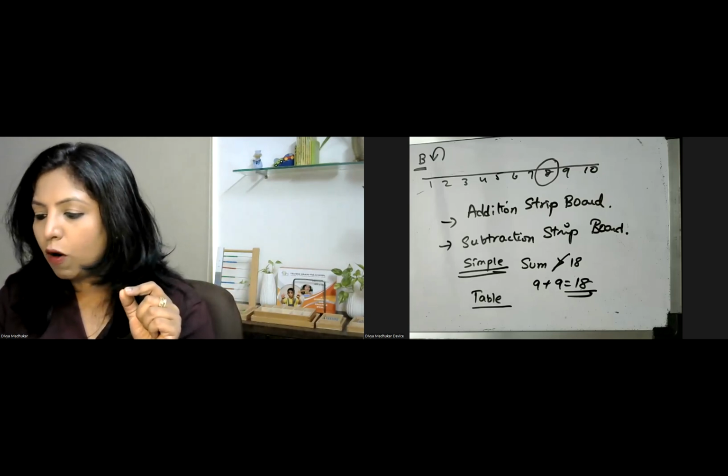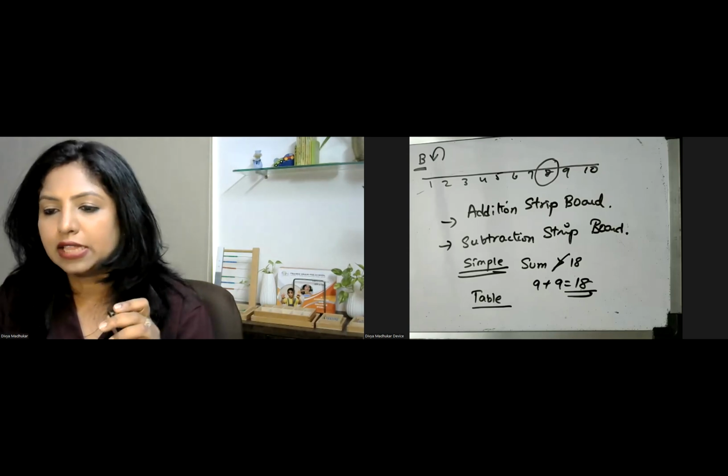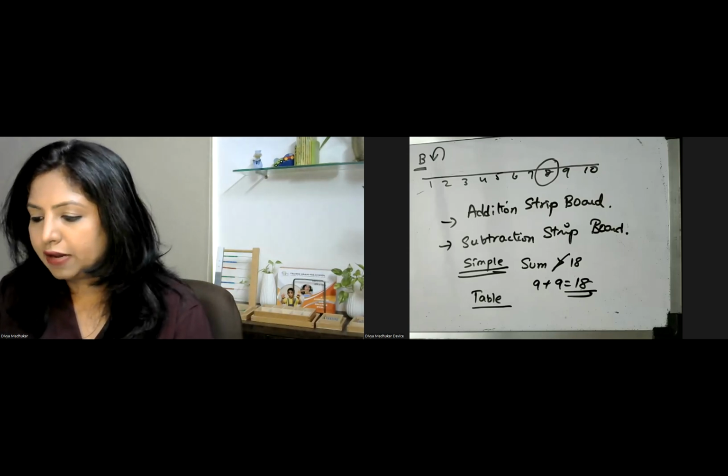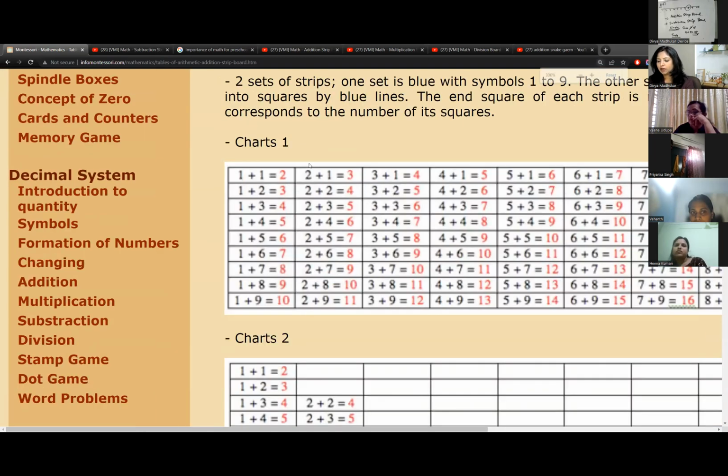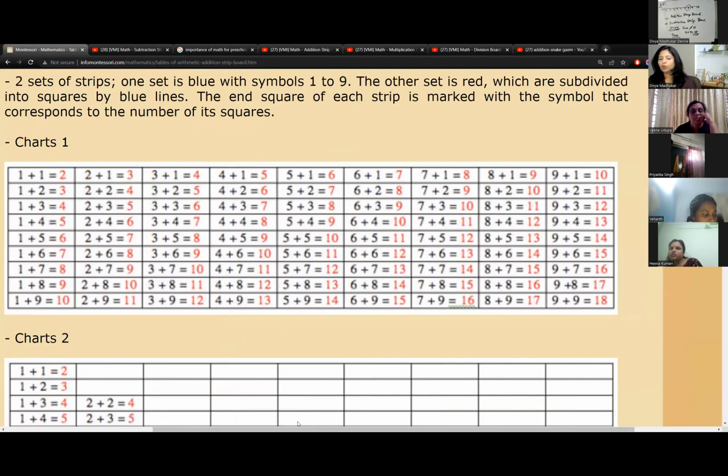If I go on giving you a table for reference in this exercise, let me share. Yesterday, I had given you a link. If you see, infomontessori.com. So that will give you a chart. Now, can you all see this chart? So you will have a reference chart. Okay. So this is your reference chart that you will have to be working with. And you first ask the child to perform 1 plus 1, 1 plus 2, 1 plus 3, 1 plus 4. And then you will perform further for all the other charts.